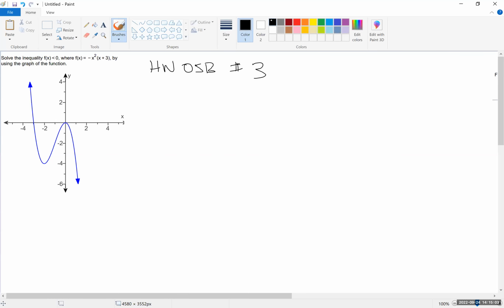All right, so what we're going to do here, first thing we want to do is read the directions. It says solve the inequality when f of x is less than 0. Anytime we see this, f of x is less than 0, what this is asking is: for what values of x